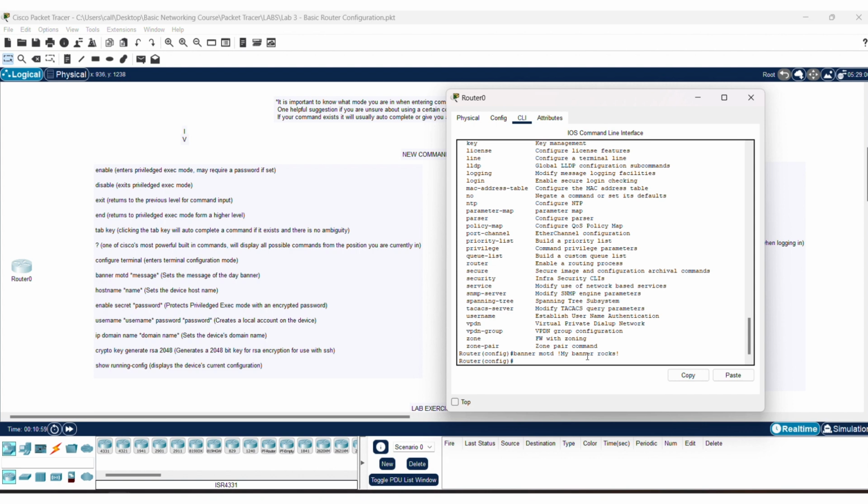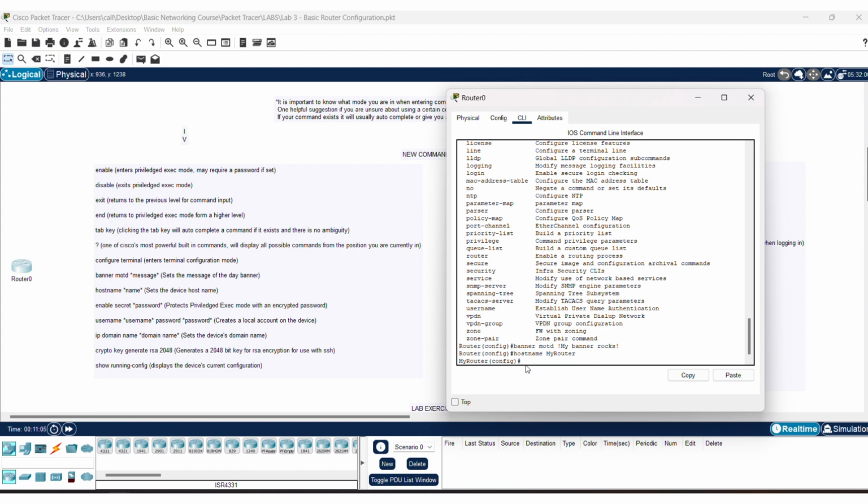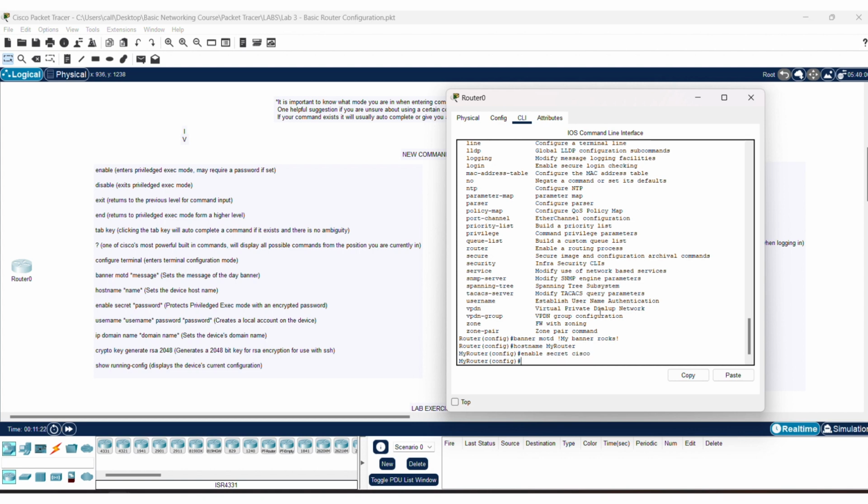We can also give the device a new host name by typing hostname, and we'll say my router. And you can see that our device's host name has changed right there. We can also protect privileged exec mode by typing enable secret, we'll just say Cisco. Essentially that forces the user to enter a password to get from user exec mode to